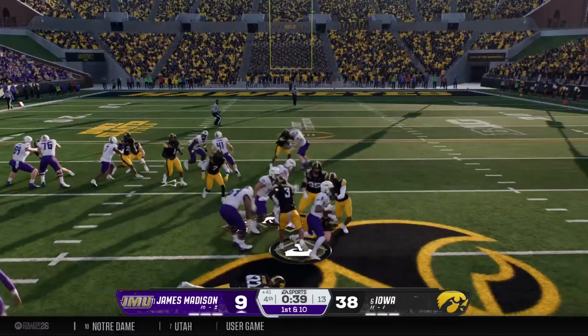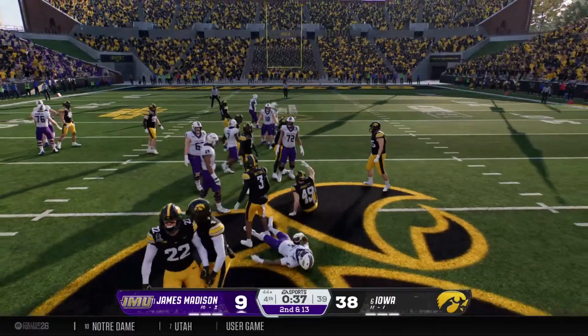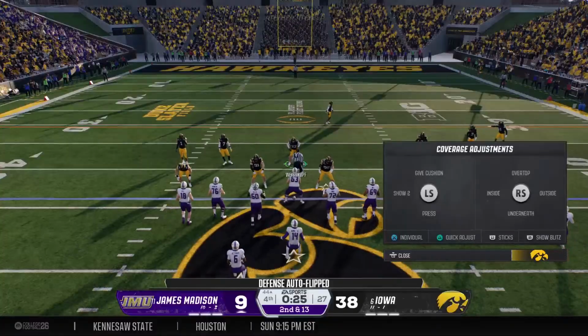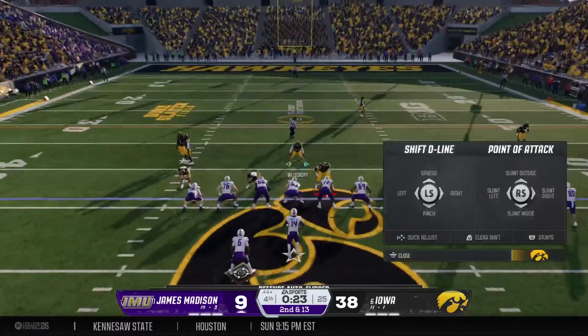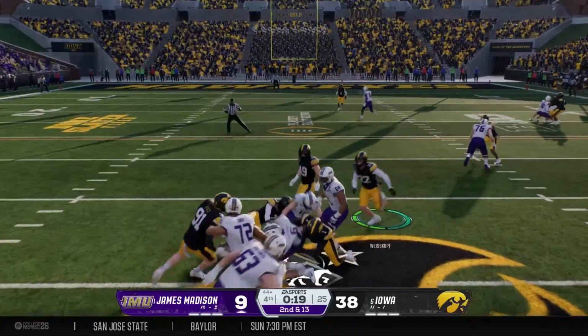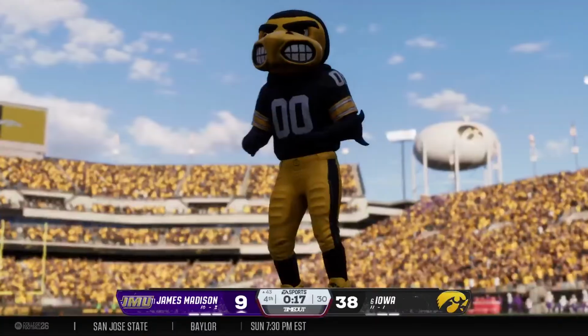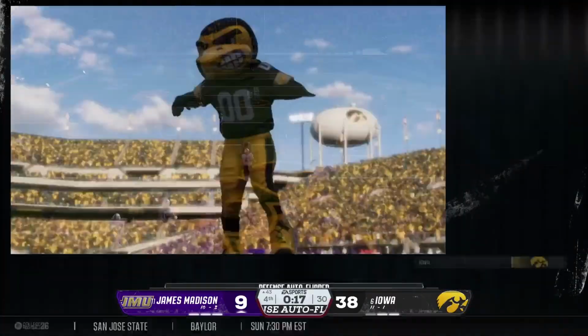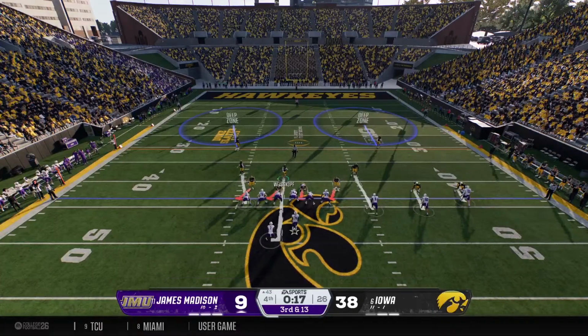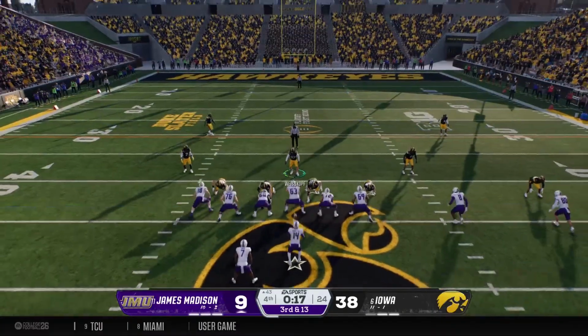Keeping it on the ground here. Goes backwards, losing 3 yards there. And they don't block the defensive end, who shows some quickness, Kirk, getting around the edge that time. Yeah, this guy's usually getting around the edge to put pressure on the quarterback, but he reminds everybody here that this guy's a complete package. Not only can he pressure the quarterback, but he is also very, very talented. It shows you the physicality he has against the run as well.